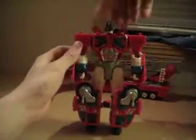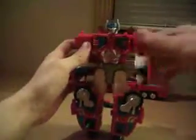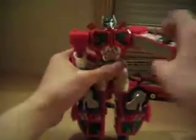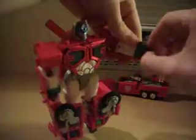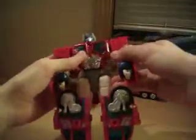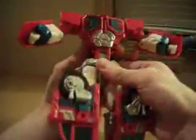He's also very poseable. Head can go all the way around, look up and down. Arm, 360. Can go out, bend at the elbow, turn at the elbow. His hands actually do turn, but the joints are a bit tight, and the hands are really hard to grasp. He actually has a waist rotation, which is pretty cool. Some people may say that he has an ab crunch, but that only sinks his head, so...